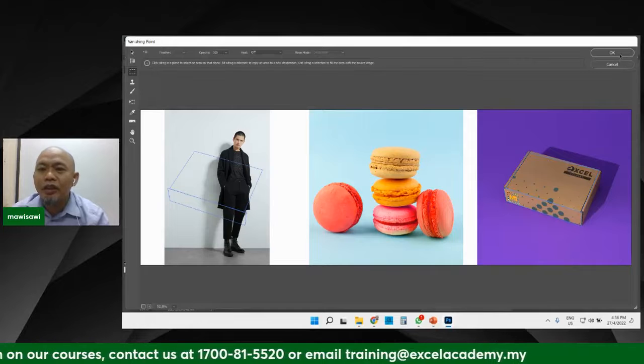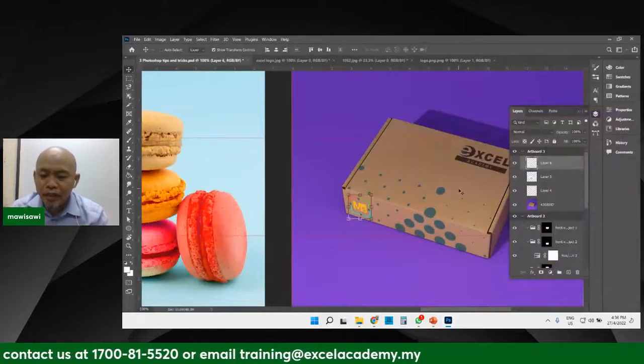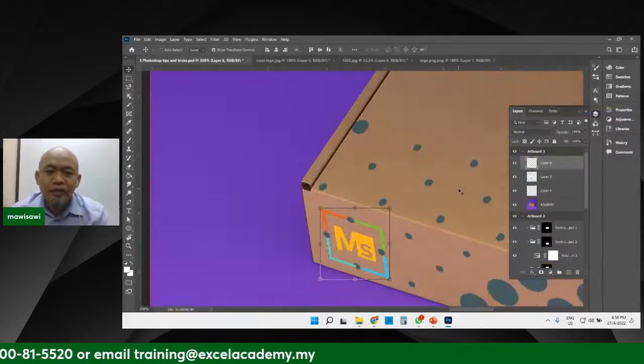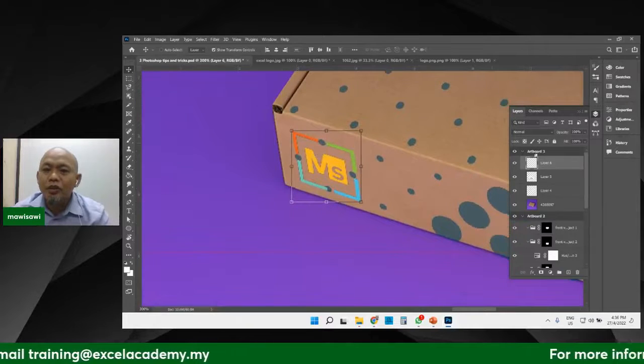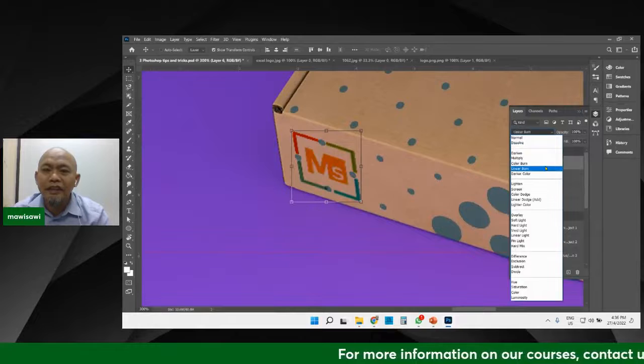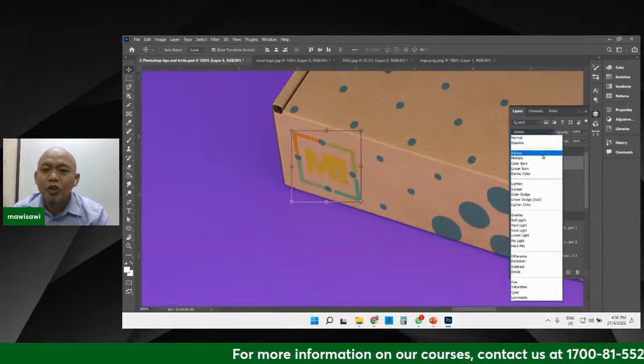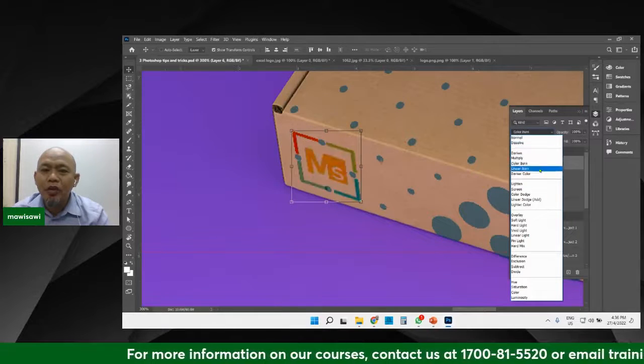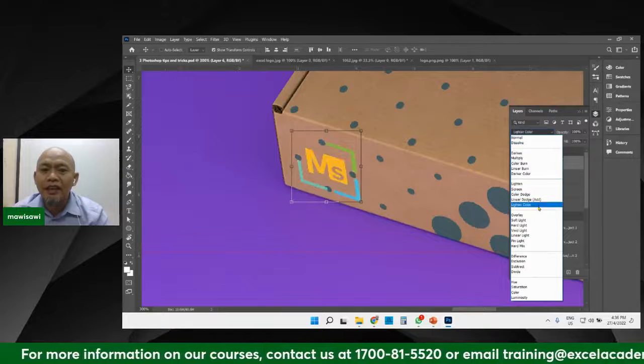Nice, and we click OK. Okay, let's zoom in. So next step is for us to do layer blending, something like that. So it will give a different effect according to the colors, the color